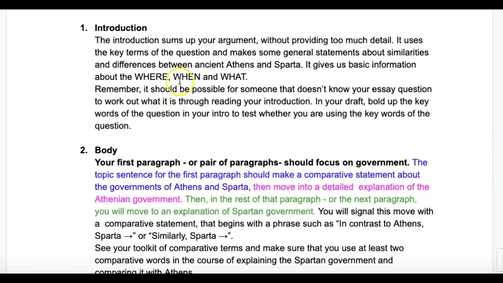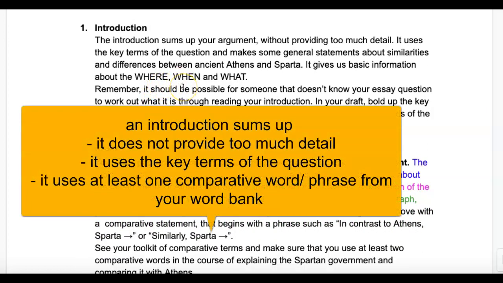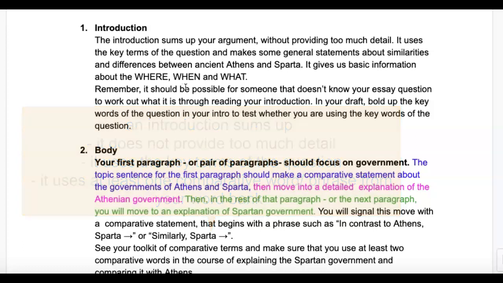The introduction sums up your argument without providing too much detail. It uses the key terms of the question and makes some general statements about similarities and differences between ancient Athens and Sparta. It gives us basic information about the where, when, and the what. Remember, it should be possible for someone that doesn't know your essay question to work out what that question is